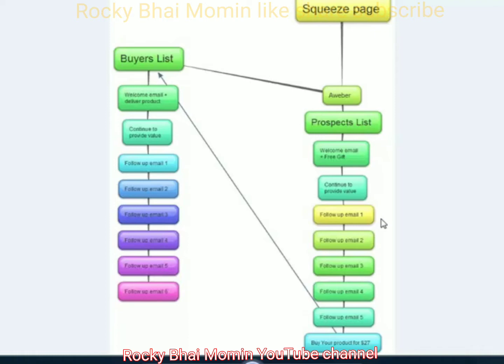And if that person then buys, as you can see at the bottom here, I've put buy your product for $27. It could be $7, it could be $5, it could be $97. Whatever price point that you place on your product, as soon as that person buys, you absolutely must segment your list. You must then send that person to a download page where they will automatically get placed in your buyers